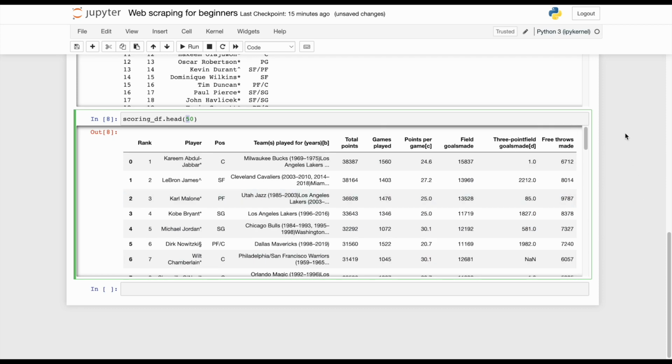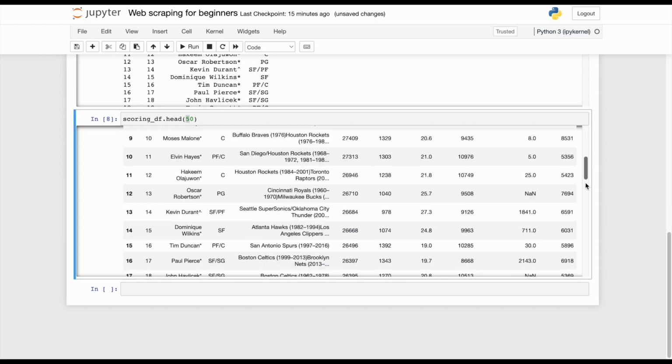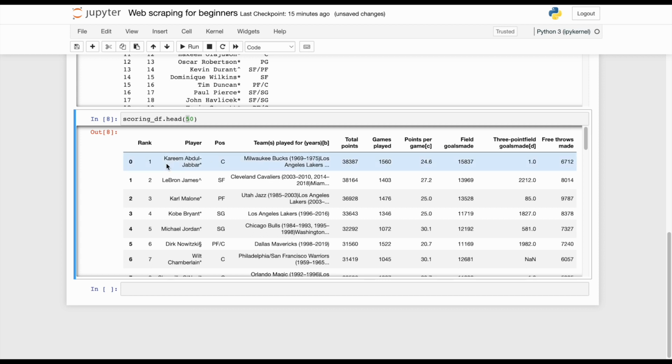So our next step is, now that we have our data set, we basically web scraped it into our Jupyter Notebook. Let's go ahead and do some basic analysis. So we can see the data we have right here. We have their rank, we have the player, the positions, the teams that they played for, and the years, their total points, games played, points per game, field goals made, 3-point field goals made, and the free throws that they